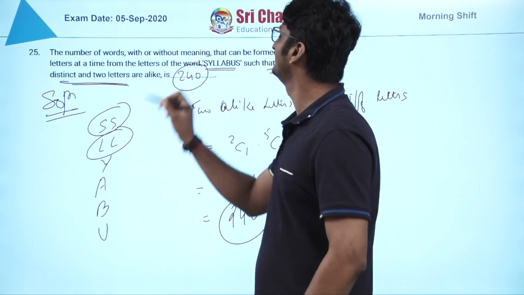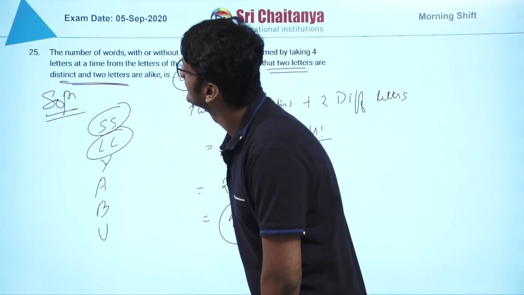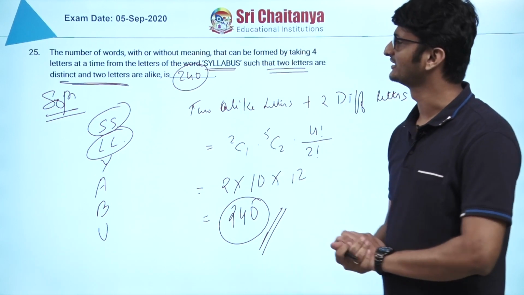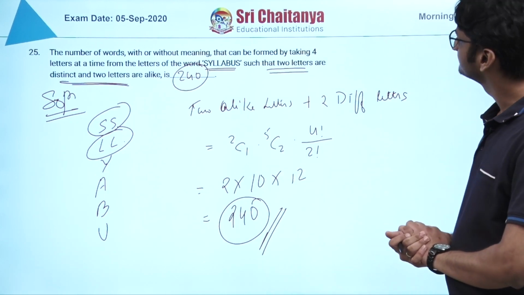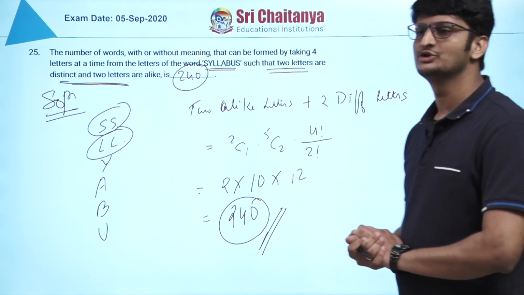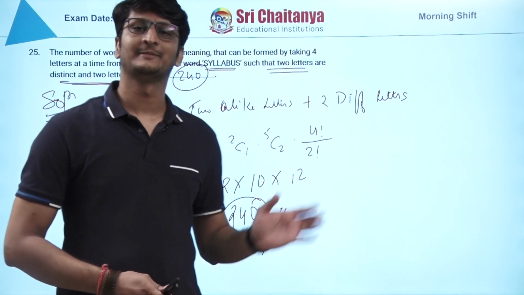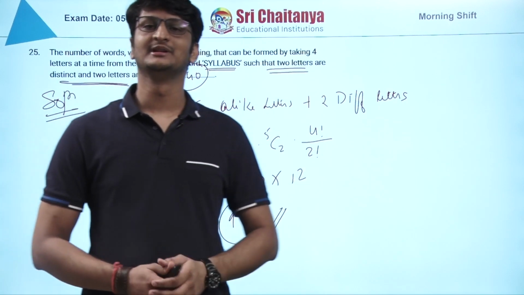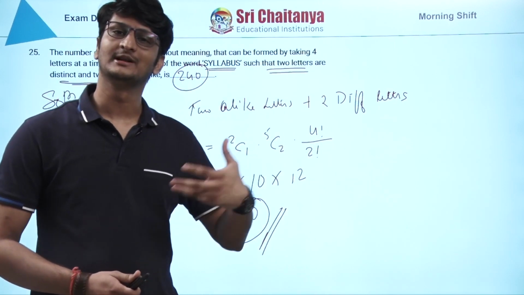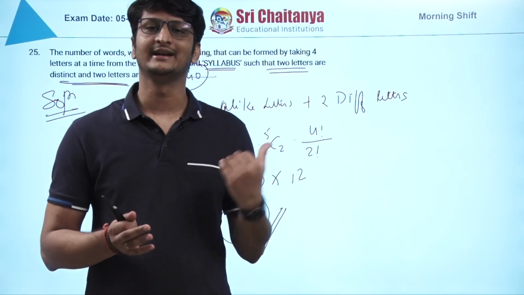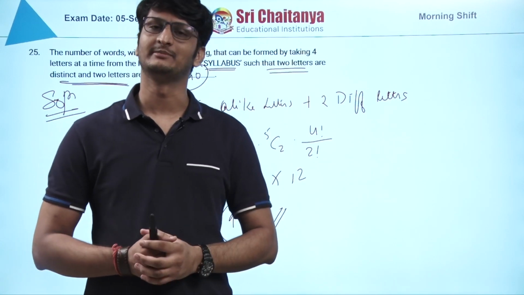This is the only question that came from the chapter PNC. One question from PNC, one question from probability. Both are easy questions. So here we have finished the paper. Whatever doubts you are having, you can post in the comment box. This paper has been discussed. Similarly, we will be solving all the papers, and all of them will be uploaded. If you have any query regarding this, you can message in the comment box.